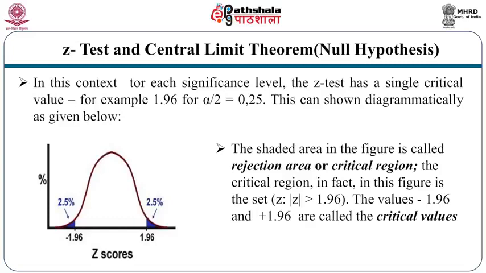Now let us see what exactly it means. The Z-test is what we apply here to test the hypothesis mu equal to mu naught, with the alternate hypothesis that mu is not equal to mu naught, and we will use a Z statistic. Z has already been defined in the earlier slide.